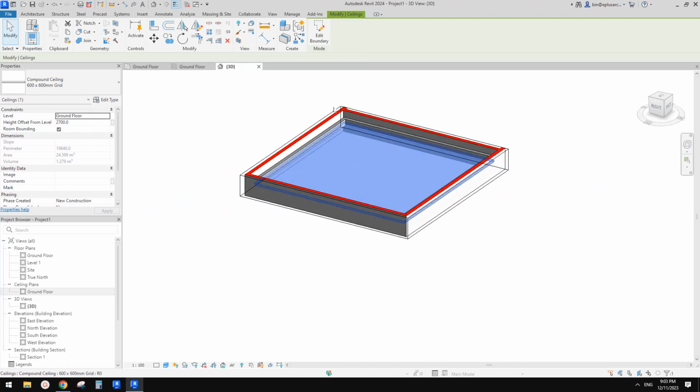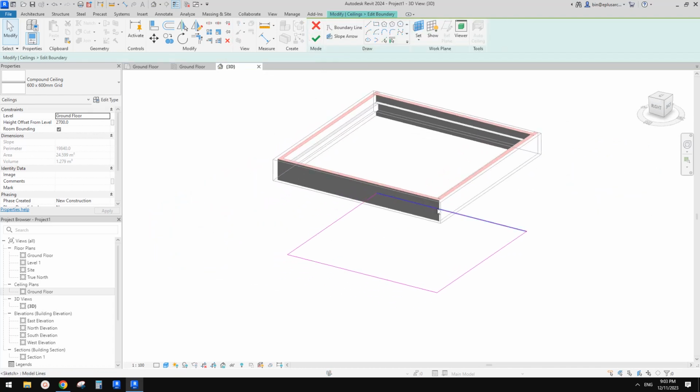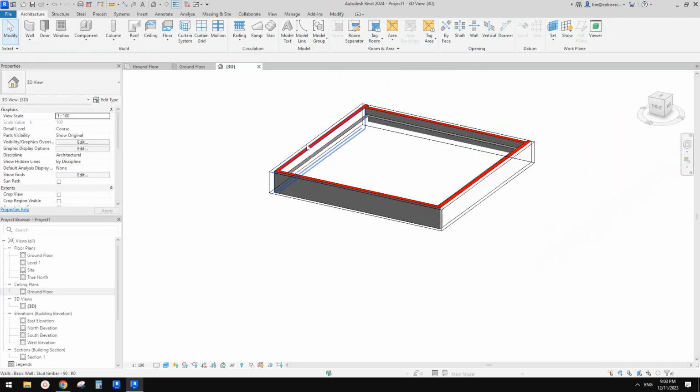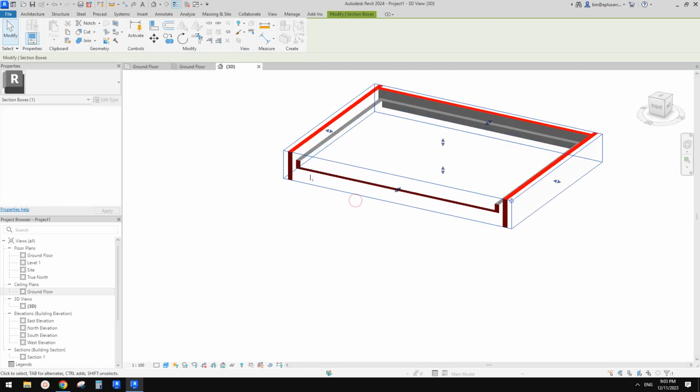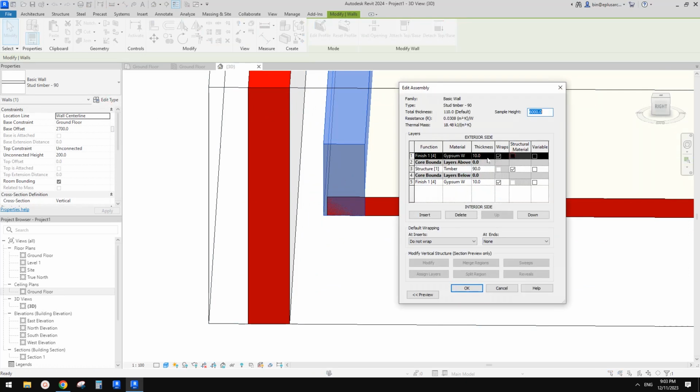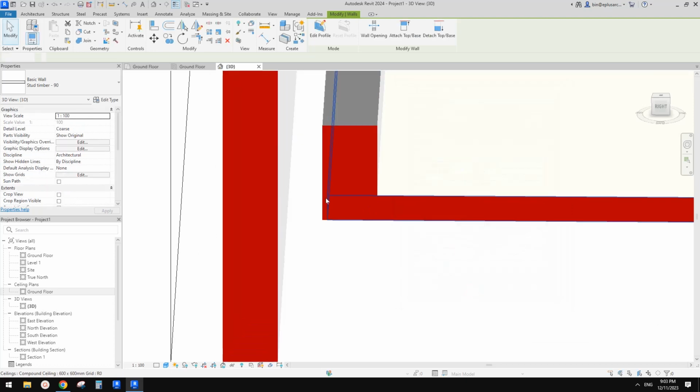Click on section box again, edit boundary, select all of them, so we can use extend into wall, into core, which means it will extend to the face of core. So in this one, the core is this, so you can see the core boundary, right? So it means it will snap to the